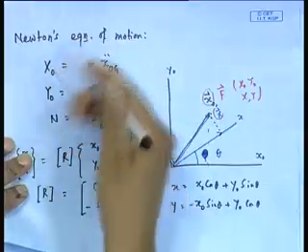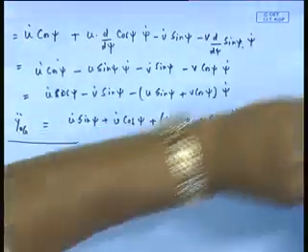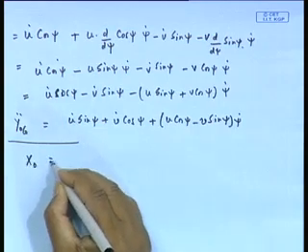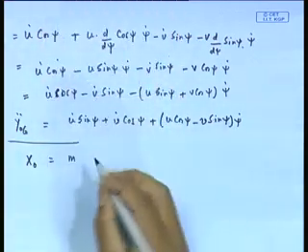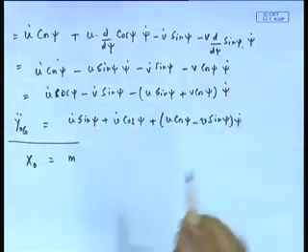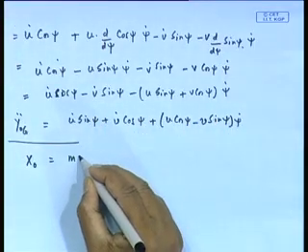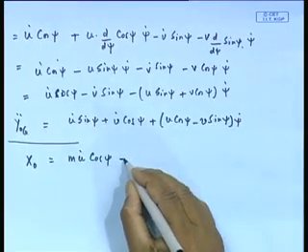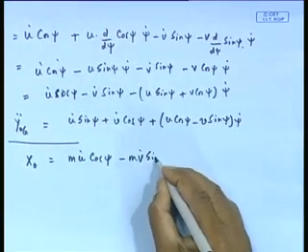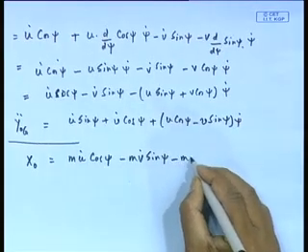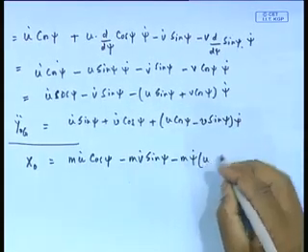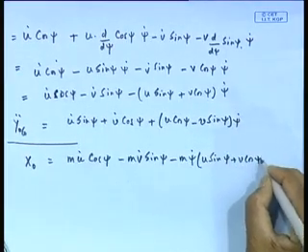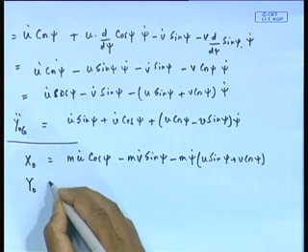So, whatever I have got for x o g and y o g, if I write that, I end up getting x 0 equal to m into this part, that is m u dot cos psi minus m v dot sin psi minus m psi dot u, and y 0, I end up getting